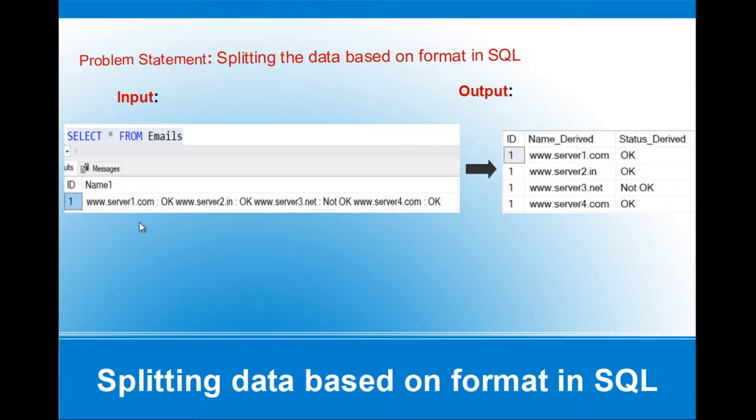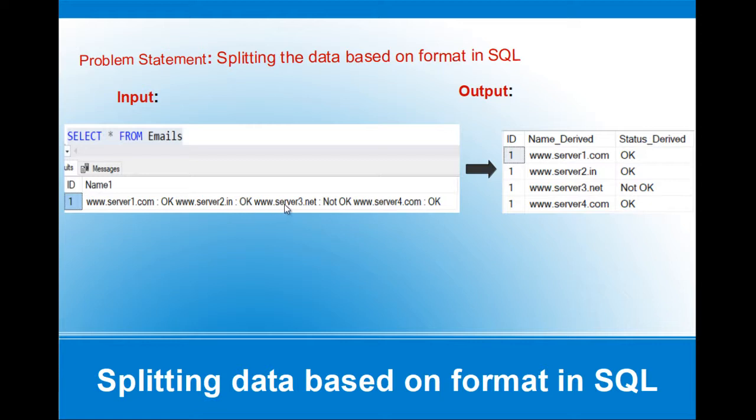So in this scenario, in the name1 column, we have www.theserver1.com, and after that we have a space colon space, and then the status, whether it is okay or not. That means whether it is reachable or not. And after that there is a space again, and there is one more website, and whether it's okay or not.